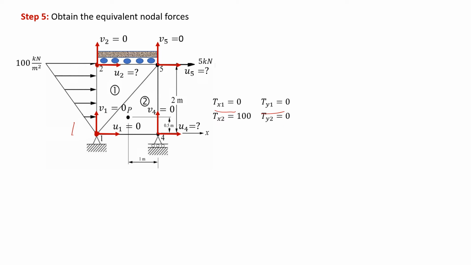While for node 2, there is a maximum pressure applied in x direction, which has the value of 100 kilonewton per meter square. Therefore, Tx2 is equal to 100. And there is no pressure applied in y direction at node 2. Therefore, Ty2 is equal to 0. Once we have obtained all these four values,